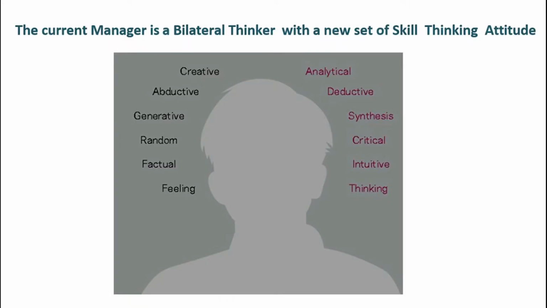Additionally, if in any organization a current engineering student is going to become a manager of the organization, there are a new set of skills or thinking or attitude that needs to be equipped by the people. So currently, what are they looking for? One has to be creative, abductive reasoning, generative, he needs to bring out the facts when he is bringing in a conclusion, and empathy about other people, and obviously one needs